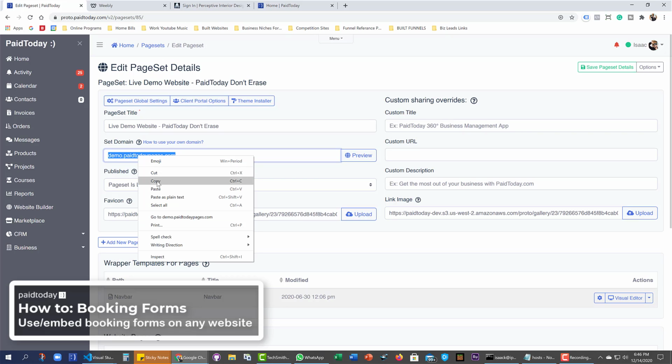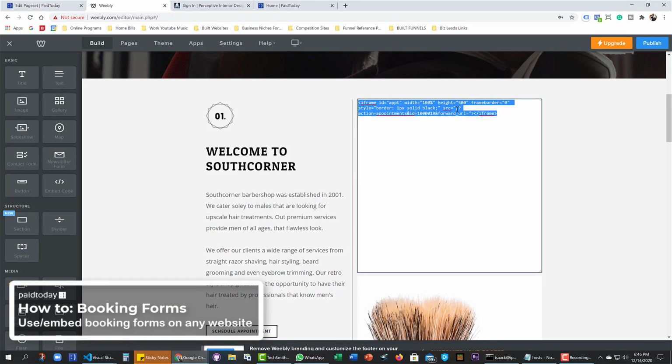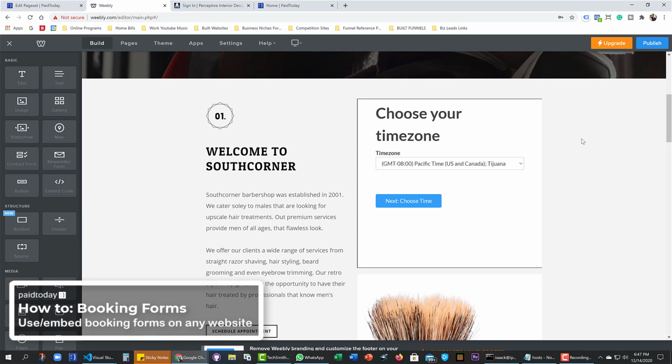So we'll just go ahead and copy that. We're going to go back over to this. I'm going to edit the HTML. Right after that src equals quotation, I'm going to do https:// and then click paste. This is telling it where to send the contact after they fill out our form, and where to send all the information. Because we're on a third-party site, we've got to have that right. I'm going to click off of it, and you can see that our form has now generated inside of here. If we click publish,